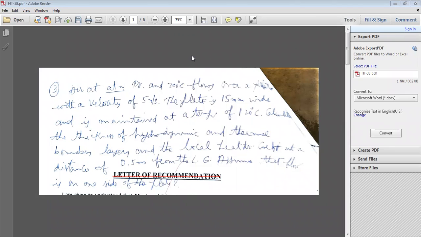Hello, in the last class, we discussed some problems on a flat plate under laminar boundary layer condition. Two problems have been solved in the last class. Whenever there is flow on a flat plate under laminar boundary conditions, what is the critical Reynolds number? The critical Reynolds number for laminar flow over a flat plate is 5 into 10 power 5.